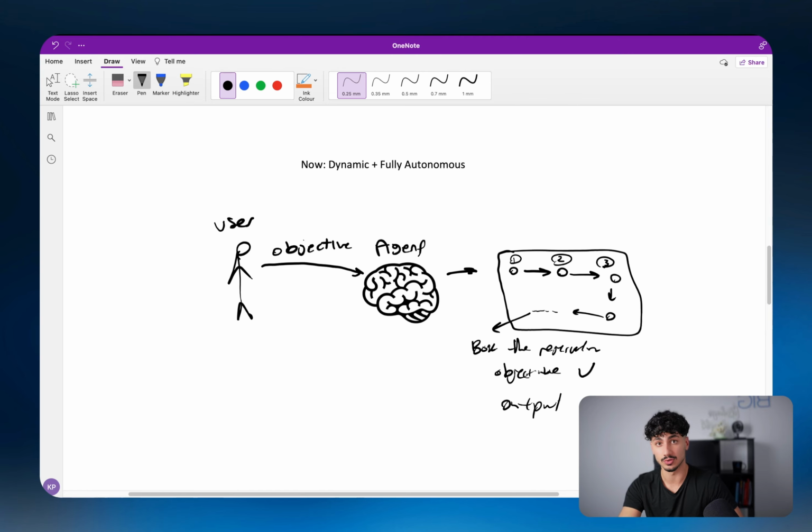So basically, in simple terms, what happened is you told the agent to go and do something. The agent said, okay, well, I got to go and do this thing. In order to do this thing, I got to do this in a sequential manner. And then once I complete all of these steps, then I will have my desired outcome. Cool. So using this diagram, we established two things. First, we established that these AI agents can complete dynamic tasks, meaning that you can tell it to do something, and that thing could be slightly different every single time, and they will still be able to do it without you having to tell them how to achieve it.